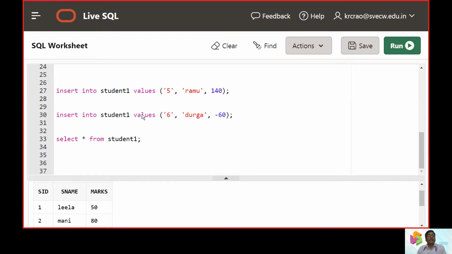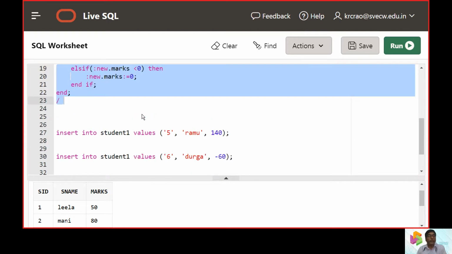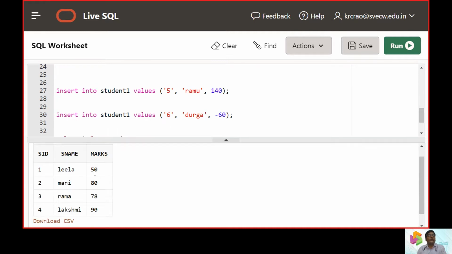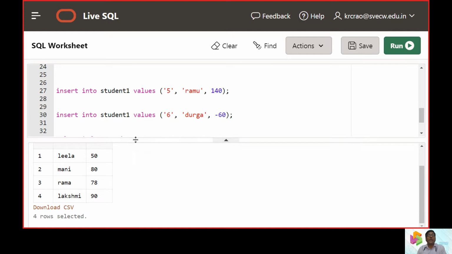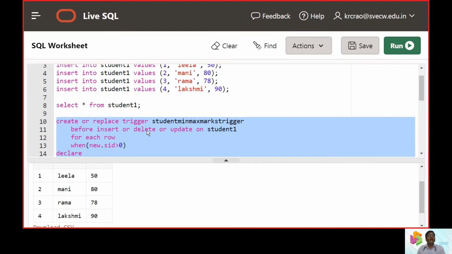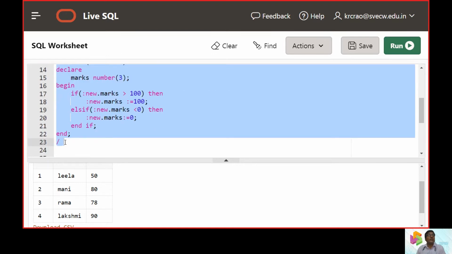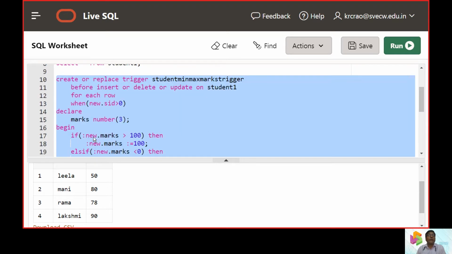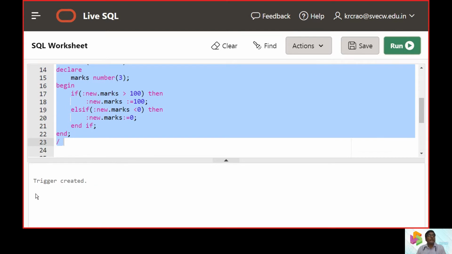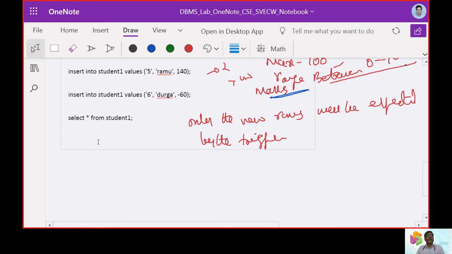So that is how we include the triggering part, and as these two are insert commands which are going to happen at serial number 5 and serial number 6, only these two will be affected, and the rest of the already included content will not be affected. So now let us see one more issue. What we need to take note of is at line number 23, there is a slash here. So in order to execute the PL/SQL part, we will put the slash in this case. So now you can see a message called trigger was created.